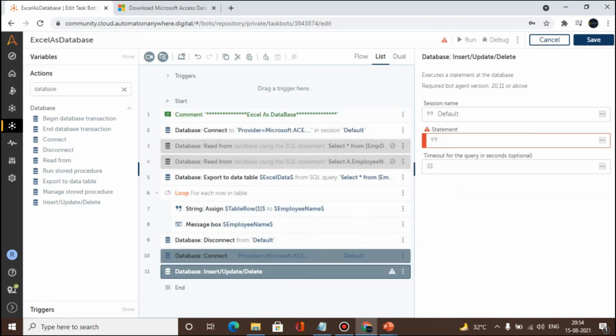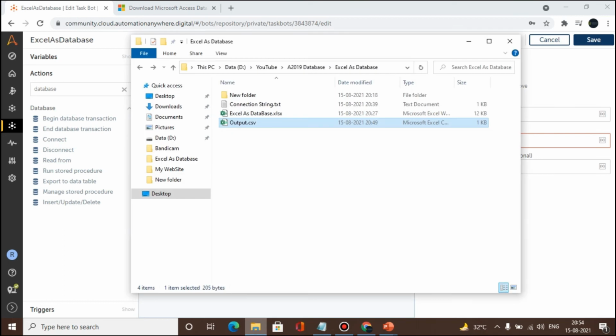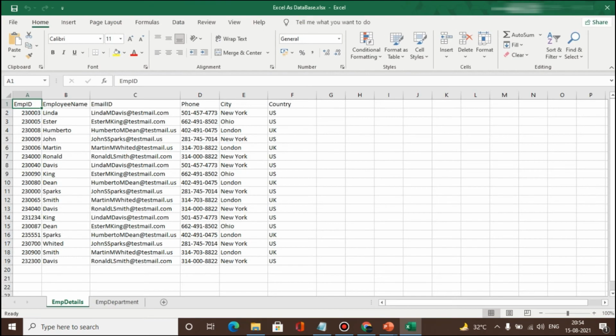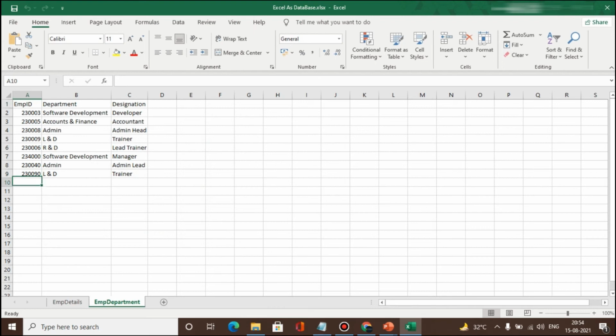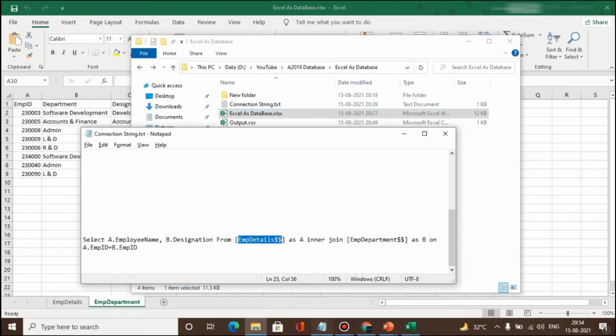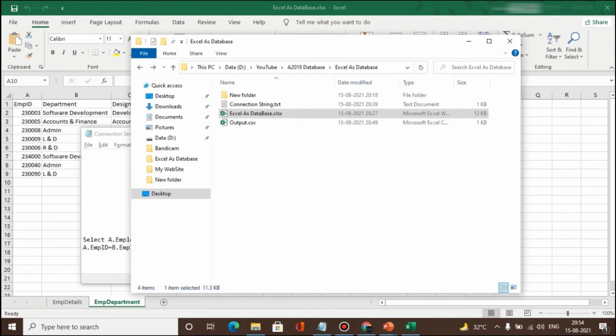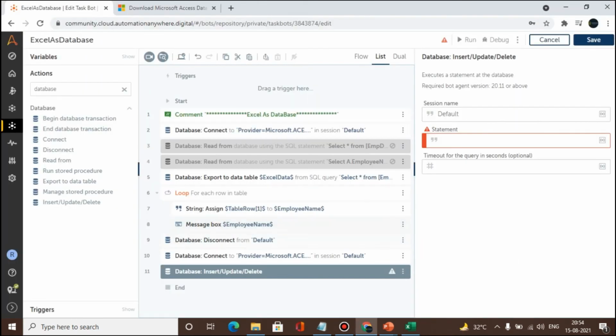Okay, now I'm opening Excel once again. Let's see, I want to put some details here. Let's say employee ID, department, or some designation here. So how can it be done? I'm going to Automation Anywhere, and here we need to use an insert statement. Insert into, and the sheet name is